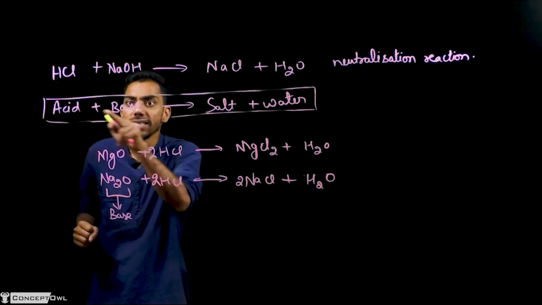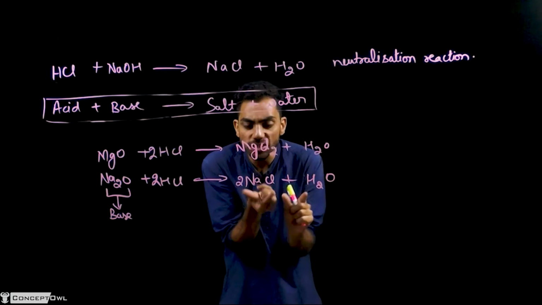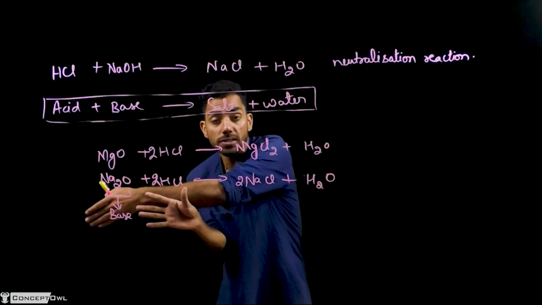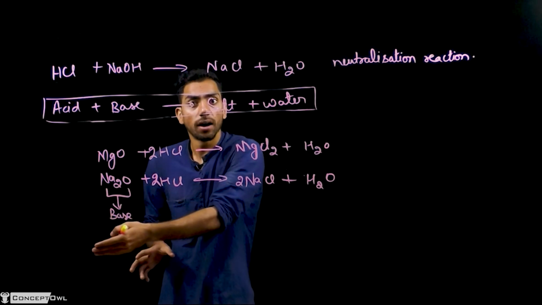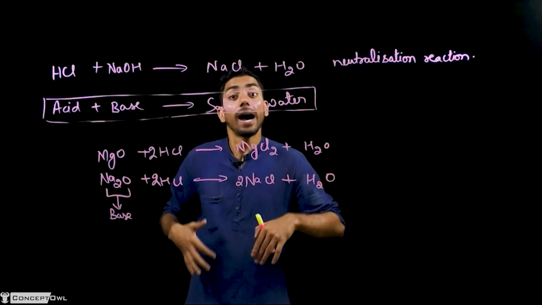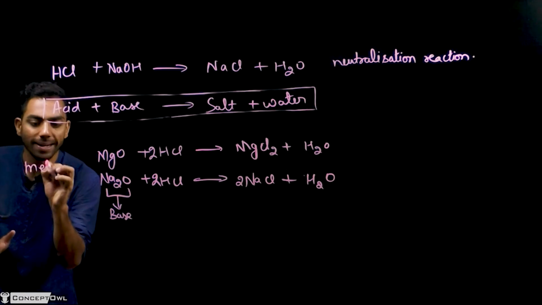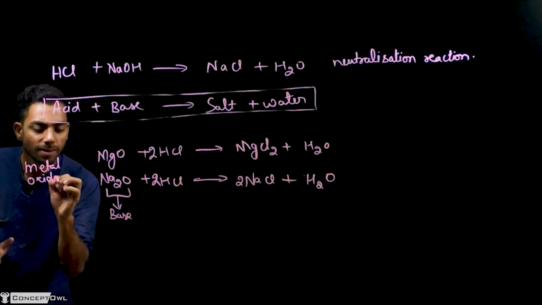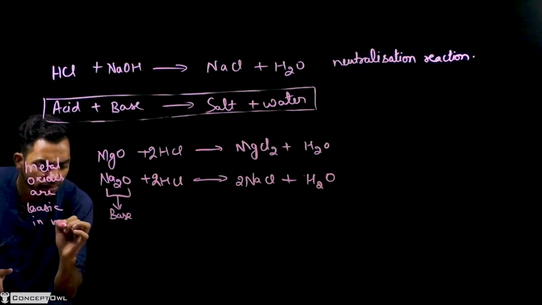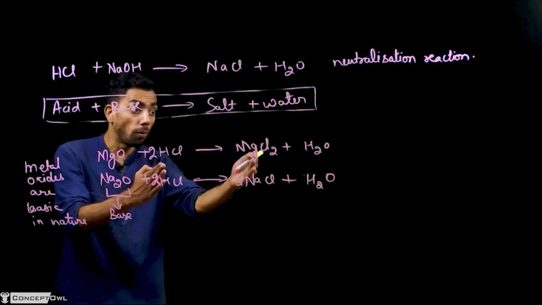Because as we know, acid and base react with each other and form salt plus water, and here also we are getting salt plus water, and on this side we have acid, so the other substance must be a base. So metal oxides are basic in nature. Understood? So I can say metal oxides are basic in nature, and they react with acids to form salt plus